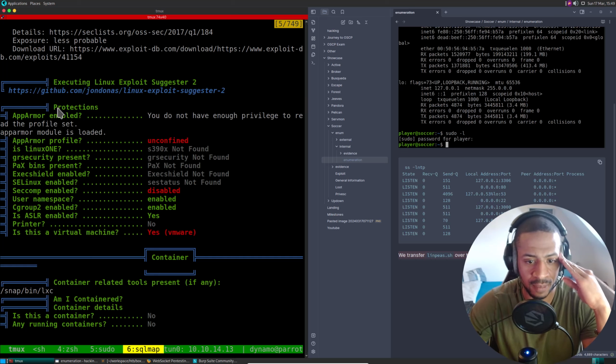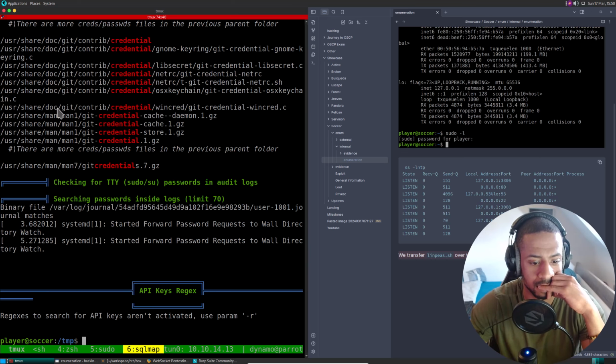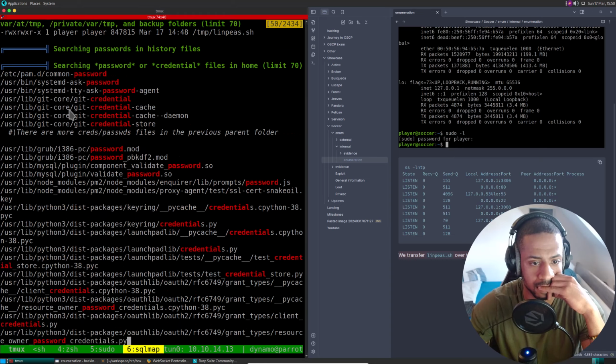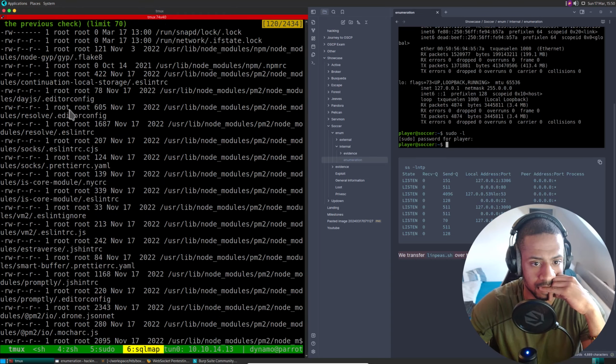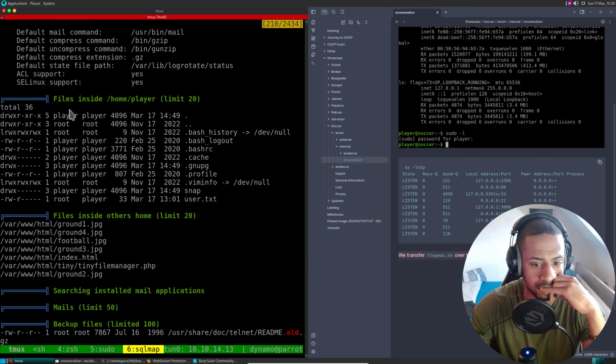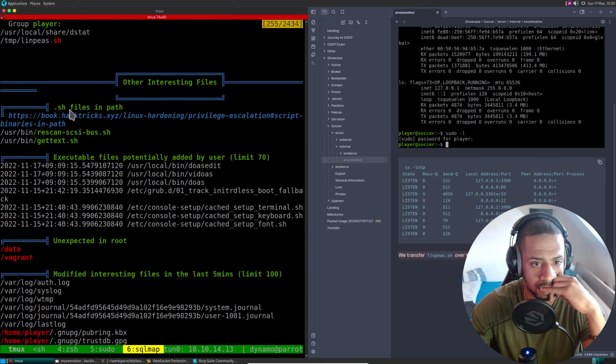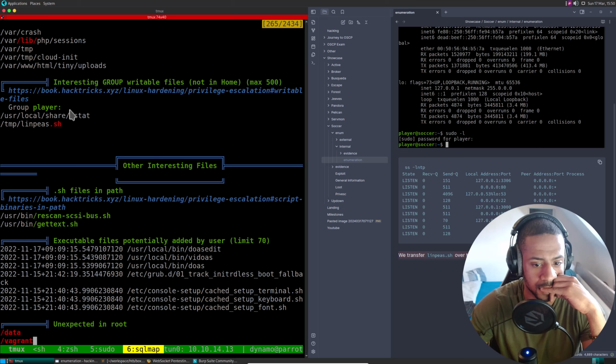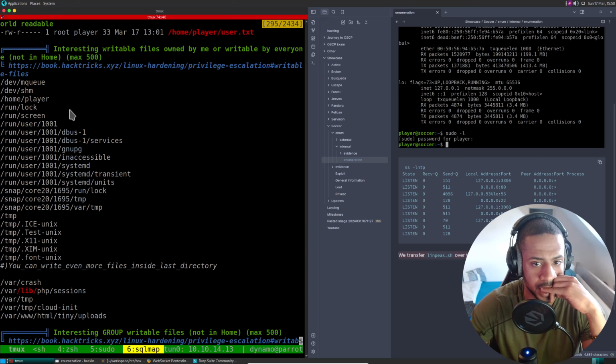Then interesting writable files. Let's put this into the main screen like that.